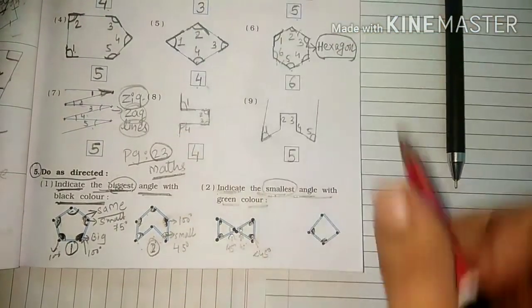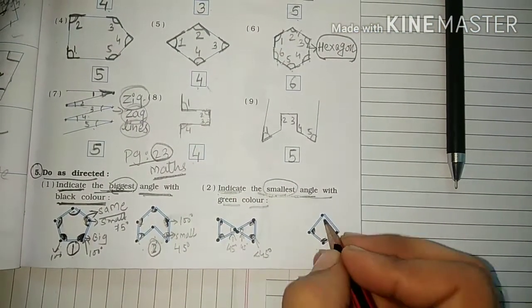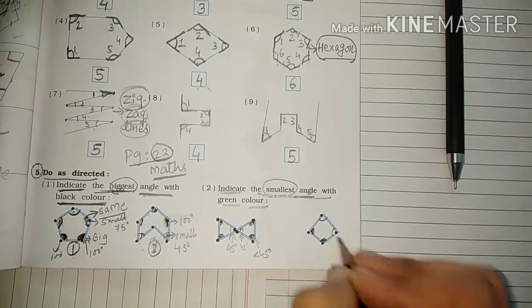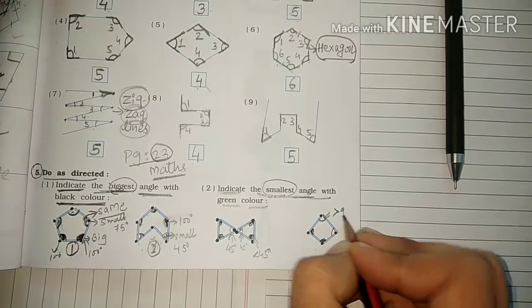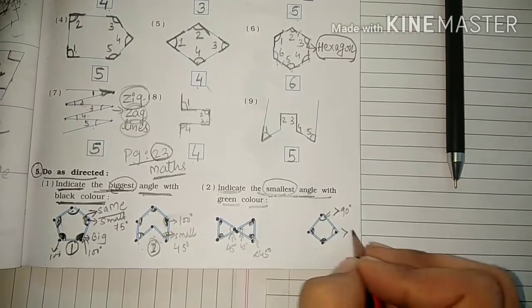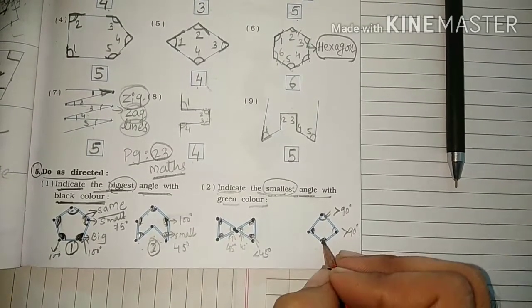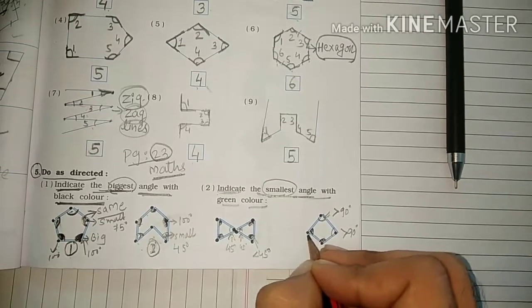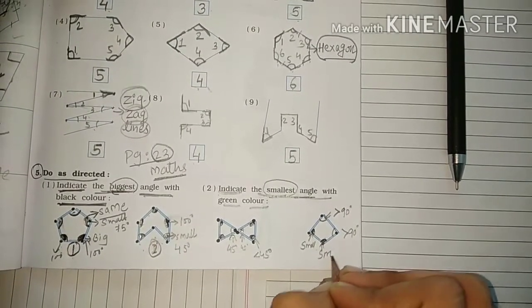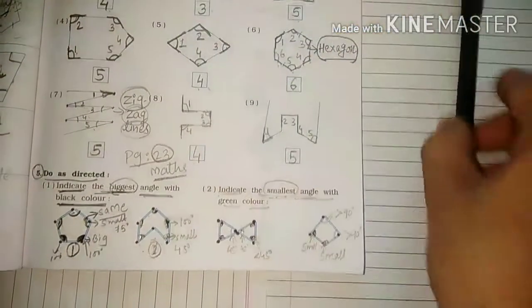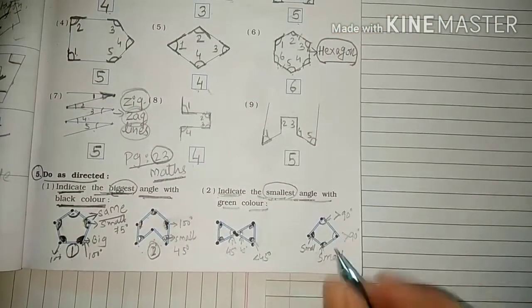Let's see the next sum. Here in this figure students, these are the 2 biggest angles. This measures more than, it means these are greater than 90 degree. This one also is greater than 90 degree. You have to mark it out. These are the smallest angles. This is the small. Okay, this one also is the small. You will indicate it out with the color.